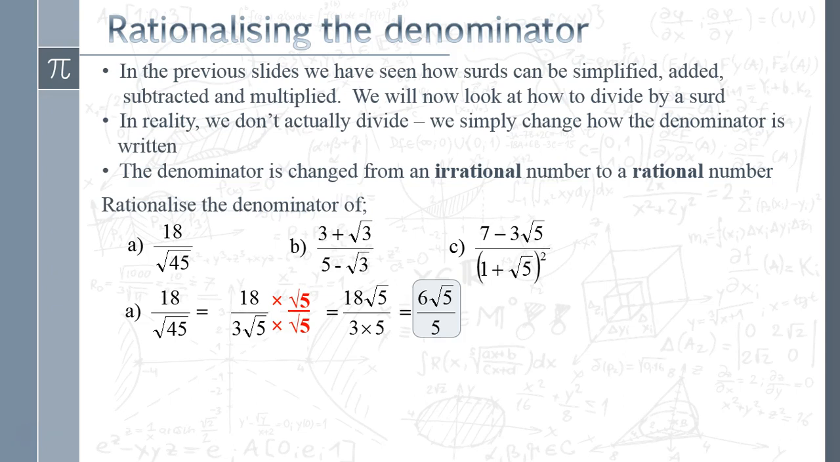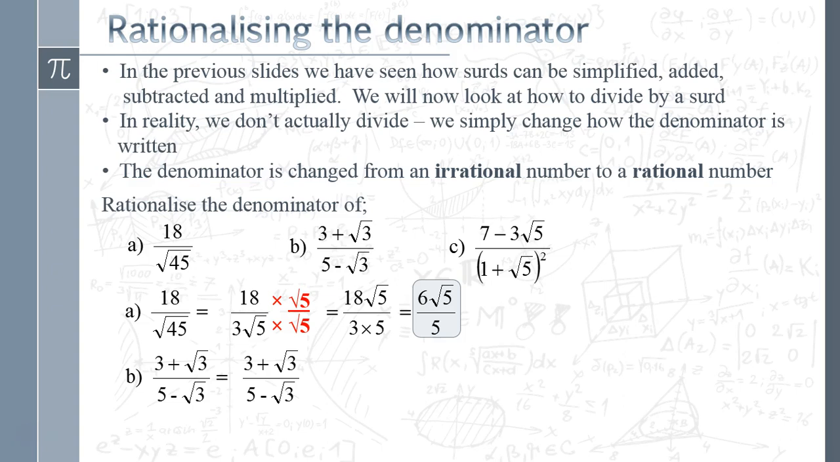I personally prefer to use fractions. Okay, so what we've got there is a simple example: rationalise the denominator, getting rid of the square root on the bottom. On to example B. Now, this time we've got a bit more work to do, because just multiplying top and